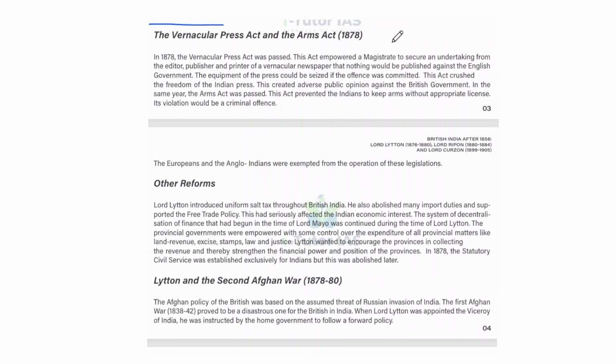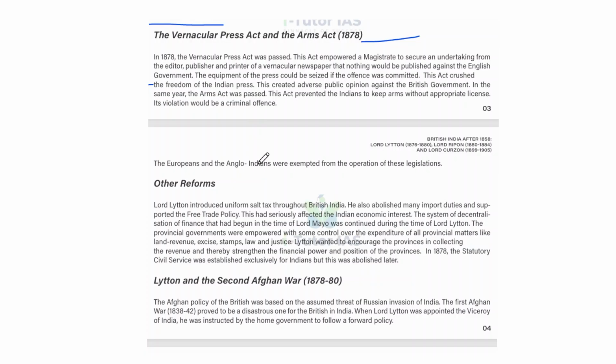Vernacular Press Act and the Arms Act 1878. In 1878, the Vernacular Press Act was passed. This act empowered a magistrate to secure an undertaking from the editor, publisher, and printer of a vernacular newspaper that nothing would be published against the English government, and the equipment of the press could be seized if the offence was committed. And this act crushed the freedom of the Indian press, and this created adverse public opinion against the